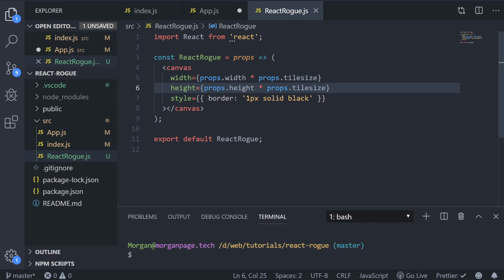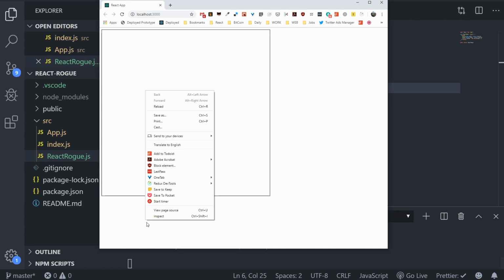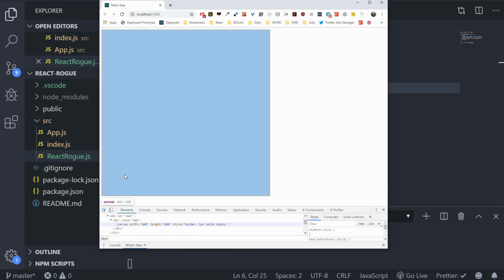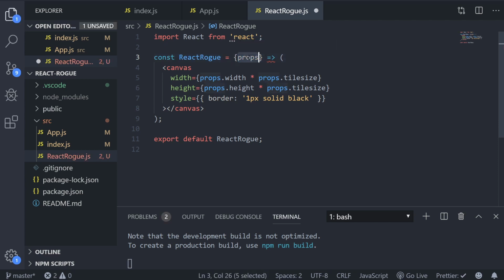So if we save that and then run npm start, we can now see that our canvas size is now 640 by 640, plus the couple of extra pixels of our border. Now that's fine, but it gets a little bit annoying having to say props dot all the time. So what we can actually do is something called destructuring. So what we can do is destructure our props object